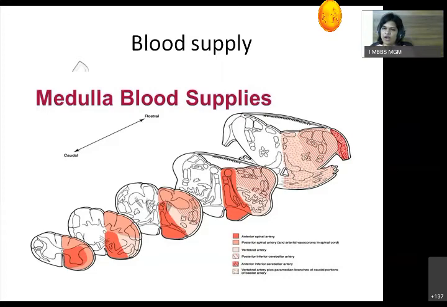So if any of the artery is gone, vessel is gone, that means only one part will be affected. Here you are able to see the dark orange color is supplied by anterior spinal artery. So if there is any injury to anterior spinal artery, the shaded portion will only be affected. The remaining portion is supplied by the different artery, so it will be normal. So this is how we correlate the symptoms and signs to the injury level. So if we know injury level, we can identify what symptoms and signs will be showing, or vice versa. If we can understand the signs and symptoms, we can understand the level of injury or which vessel is injured.